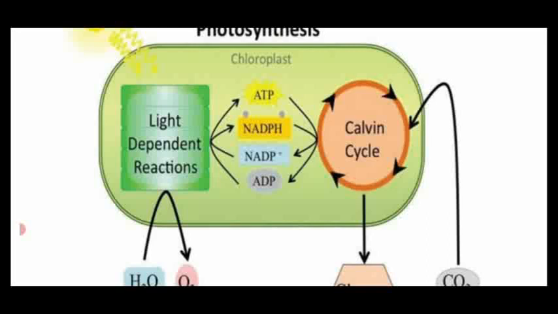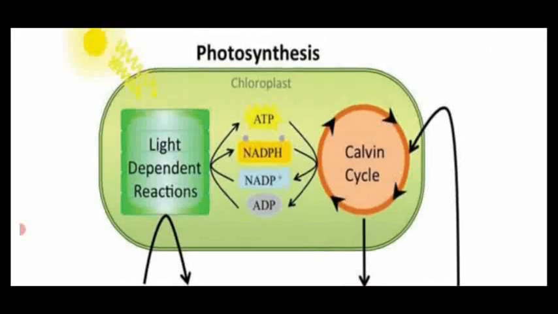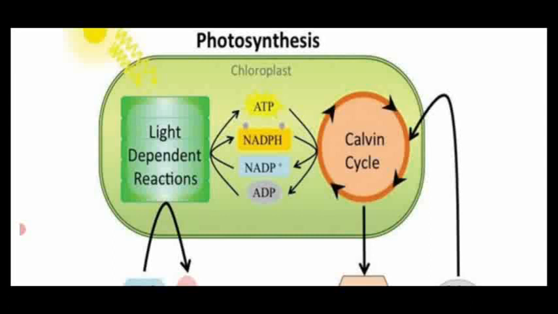The entire reaction takes place in the photosynthetic region called the chloroplast. The light dependent reaction takes place in the thylakoid membrane. Once it produces ATP and NADPH2, they are released into the stroma, the center region of the chloroplast. Then the second reaction takes place in the stroma, called the dark reaction or Calvin cycle, in the absence of sunlight.